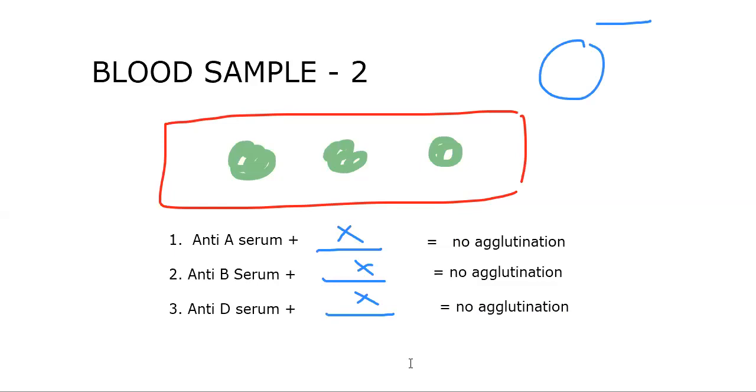That means if there is no agglutination with any blood drop of the blood sample, we can say that it is O negative. Little practice required. This time I'm not writing anything, directly I'm showing the slide. Now agglutination with the first blood drop, with the second blood drop, no agglutination with the third blood drop.